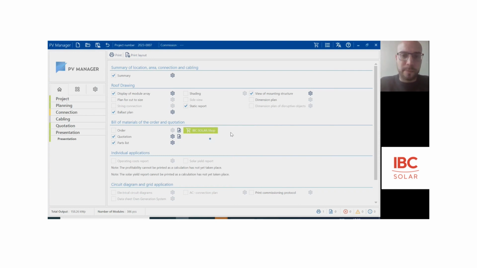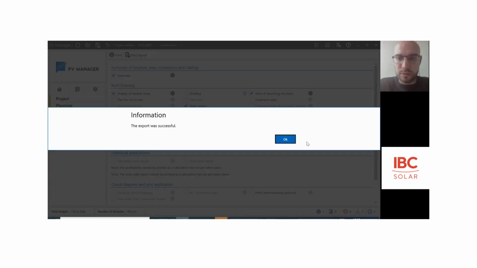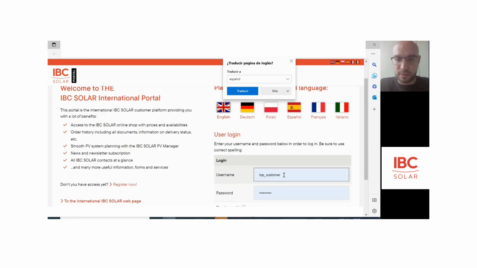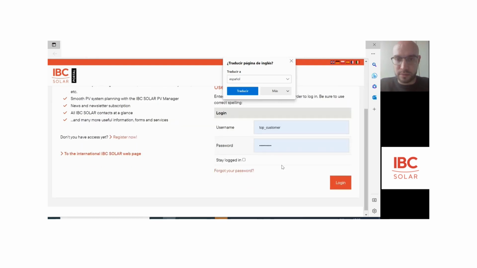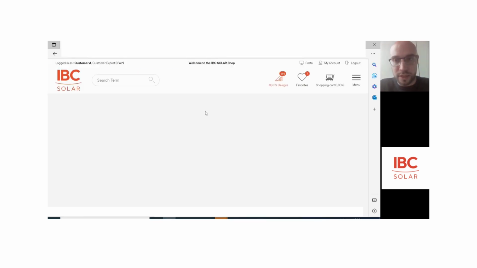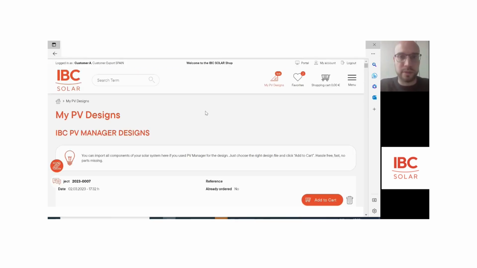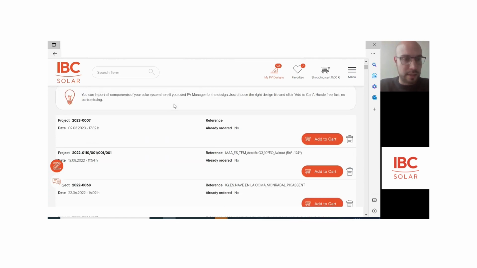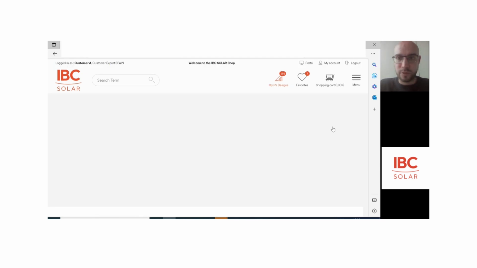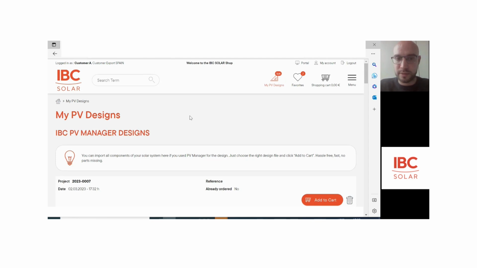And then we will go through PV Manager to this one, that is the login I used to enter PV Manager. In your case, it would be your own customer account. And then I have this project. This is the project I have just done with this serial number. And if I go to the option add to cart,